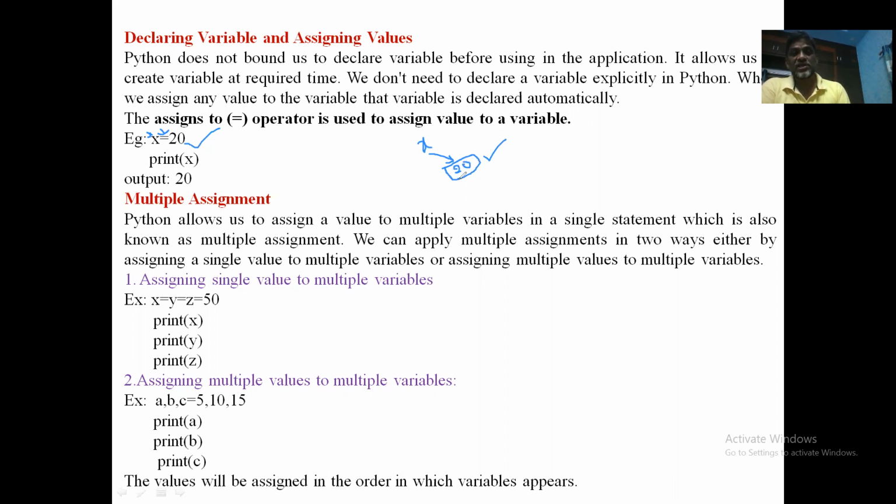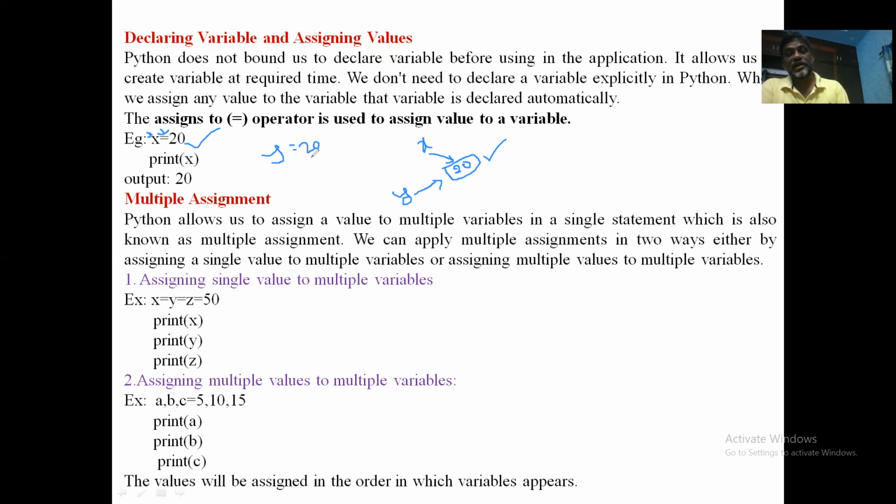Why I'm saying this is, if you write y is equal to 20 as part of the same program, then this 20 is already created and available in your program, so it will not be created again. One object is created for every value, and y is equal to 20 will make the reference y point to this same object 20. Now x and y both point to the same object. You need to understand this. This is very peculiar. It is not the same as other programming languages.